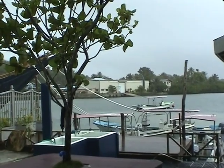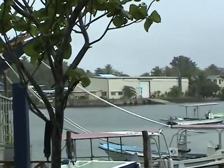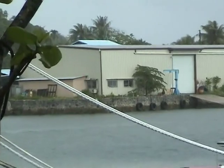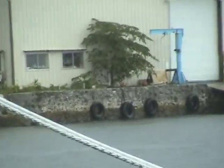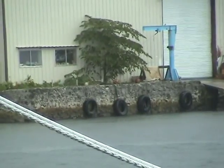Now if you look across the way, and I'm going to pan in, you can see this kind of old stone wall with tires on it, and it extends across that whole area. I'm really thinking that's where it was tied up. And again, you can't really see the hill right now, but it's behind the rain. And these guys are all